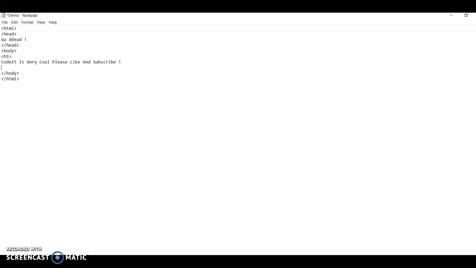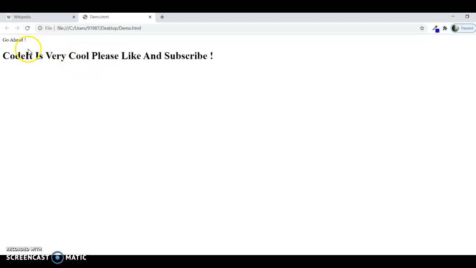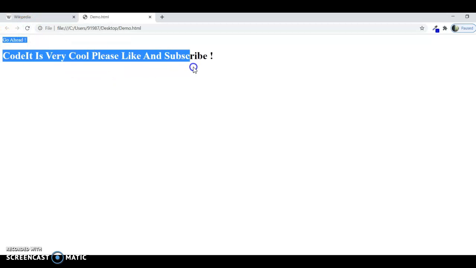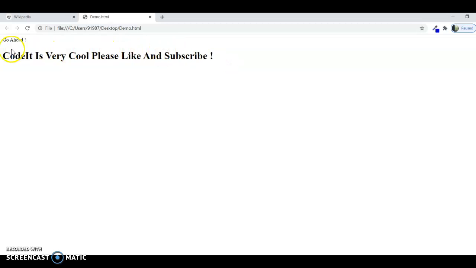So it's basically the same as we write the HTML body and then close it. We have to do the same for the h1 and then close it. Now you have to save the project. So hit Ctrl+S or directly go to the files and then save. Now you have to open your browser. You can't see any advancement here, so I would just refresh the page. Yeah, now you can see this text has become very big and it